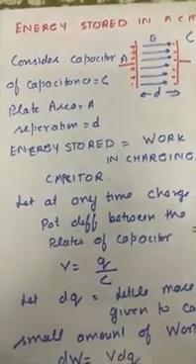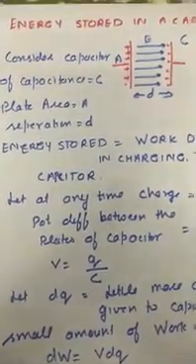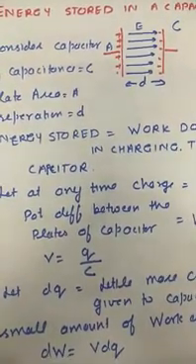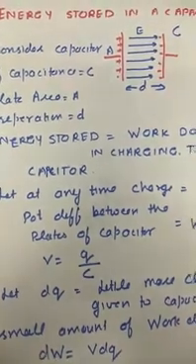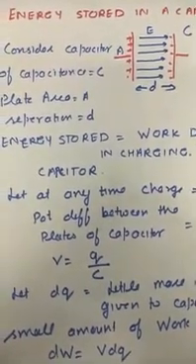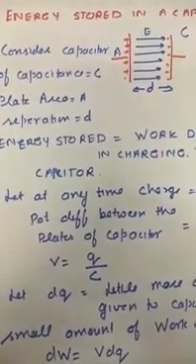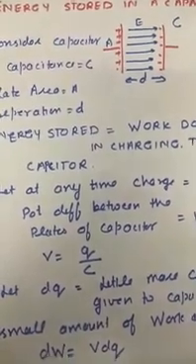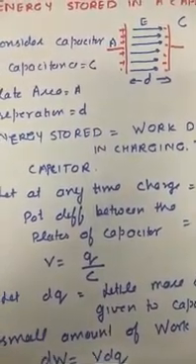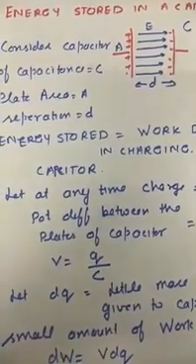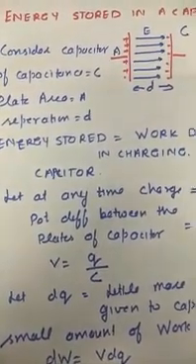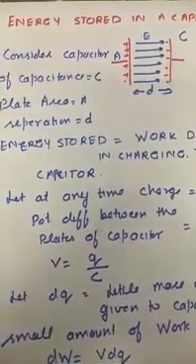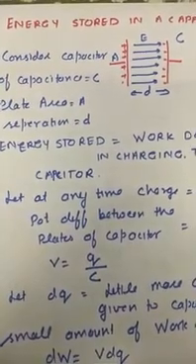Now come to the topic energy stored in capacitors. Why is energy stored? Because whenever charges are there on any body and still we go on charging, we have to do work. That work done is equal to potential into charge. Similarly, if a capacitor initially has zero charge, but we go on giving charge to the capacitor, and now the charges are there on each plate and still we are charging it, then we have to do work, that is W is equal to potential into charge.